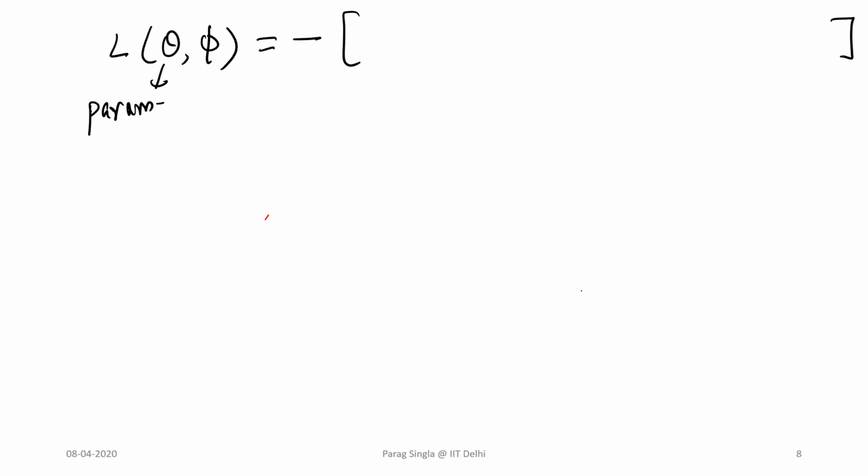Okay, so finally, let me describe the loss function for a GAN. This is given by L theta phi, right? And this is nothing but the cross entropy loss. We'll just keep the minus sign outside. And remember, the theta were the parameters of the generator, and the phi's are the parameters of the discriminator,